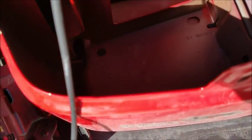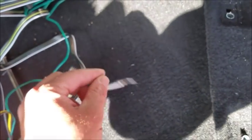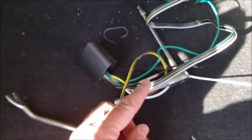I also had to go down in there, probably can't see it, right in there. I had to drill a little hole, 3/32 hole, because you have to connect this ground wire back here. Here's the black wire. I don't know if you can see this. Here's this little power distribution box, and it's got a black wire there I've got to connect to this main